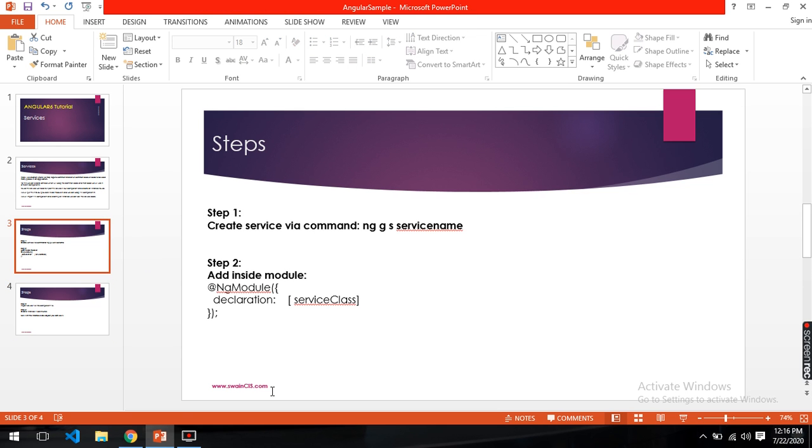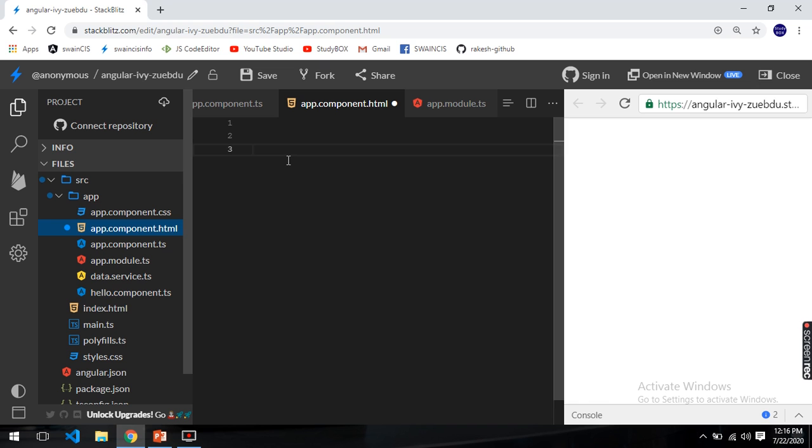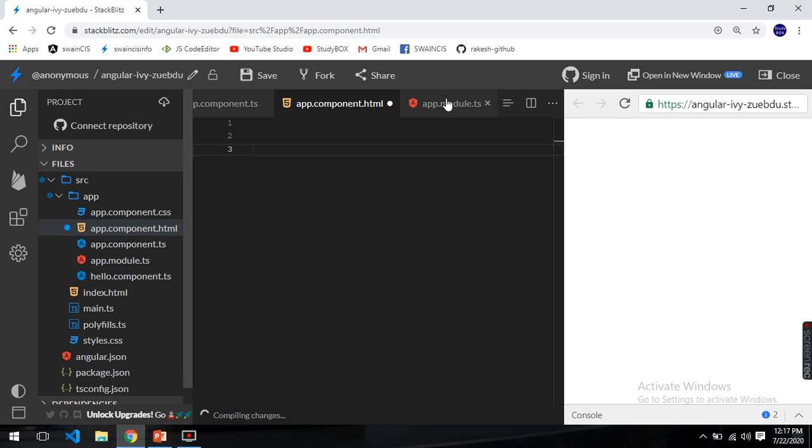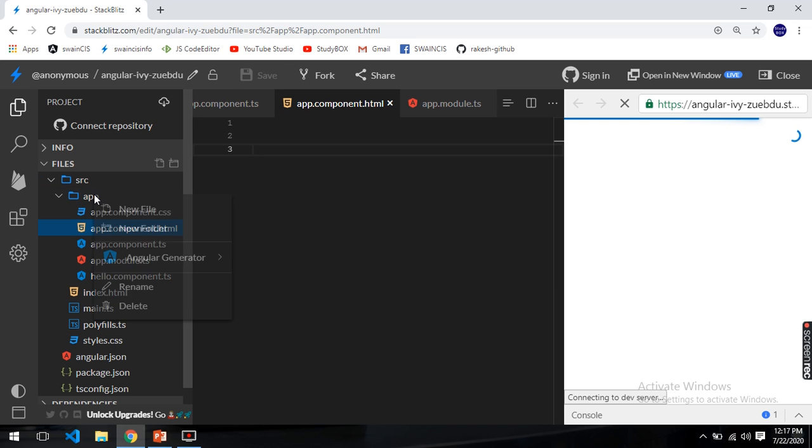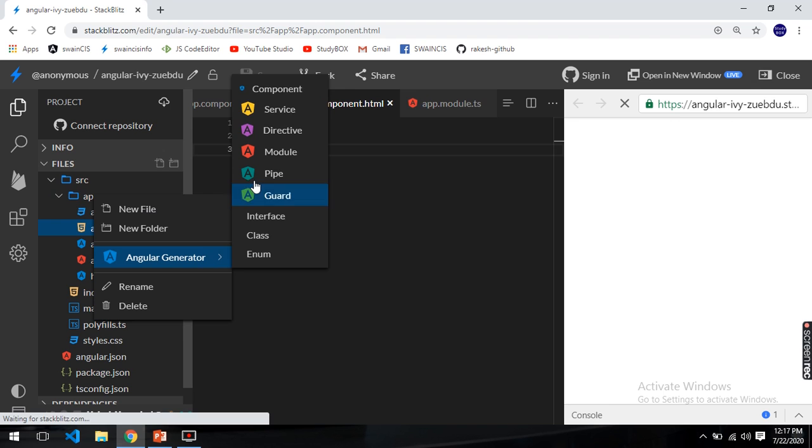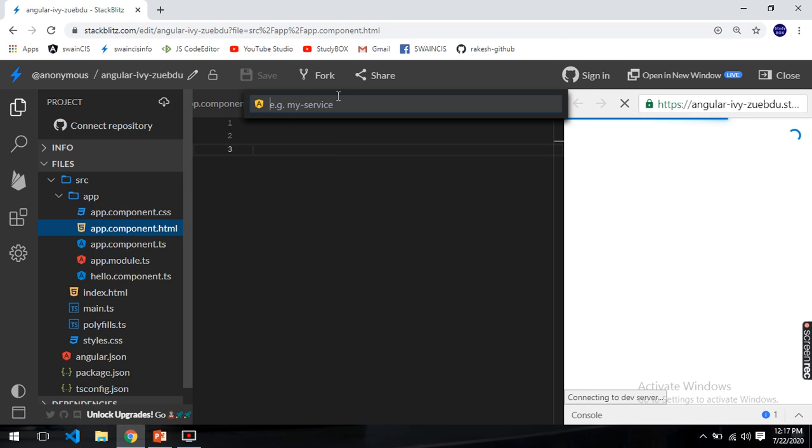So let's start with this. I'm opening my StackBlitz. I want to create an application where I can add a common function, so I can use it in my component. I'm deleting this common part and now we'll create it. Here I have a creator, so I will use it, but in real time you need to use the command. I'm creating a service named data.